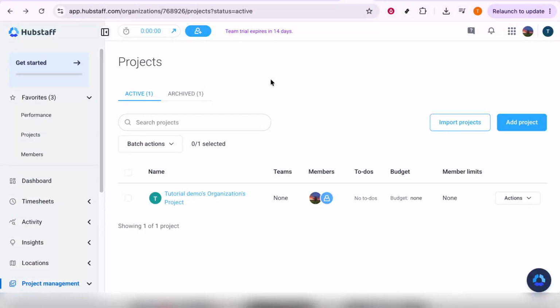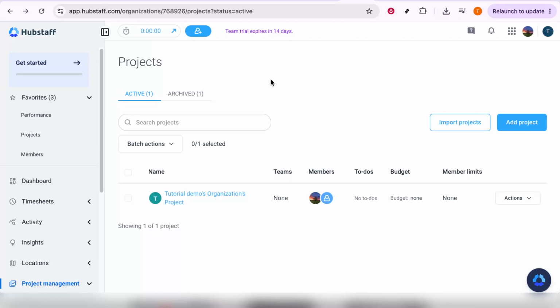In today's video, I'm going to teach you how to create a team in HubStaff. If you're organizing staff members inside HubStaff, creating a team is a simple way to keep people grouped together and make management much easier. This can be especially helpful if you want to separate employees by department, project, role, or workflow. In this walkthrough, I'll show you exactly where to go and what to click so you can create a